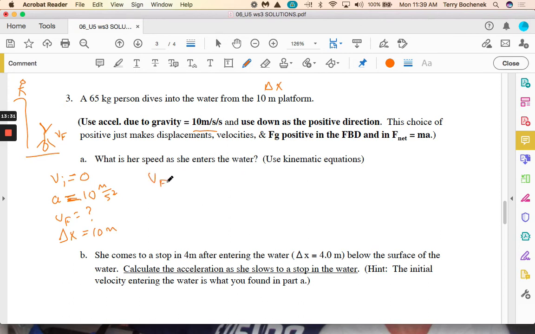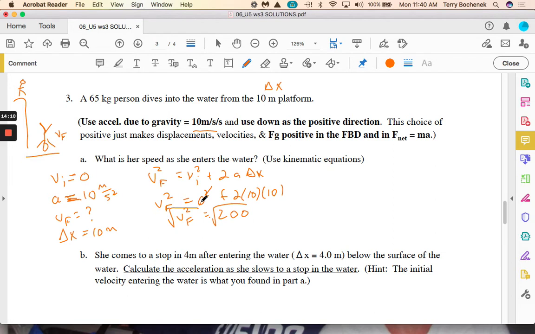And with that, it's just like the previous question. Really, the only way to go with it is V final squared equals V initial squared plus 2a times delta x. So V final squared, the initial was going to be 0 anyway, so 0 squared doesn't even need to be in there. Plus 2, gravity is 10, and our height is also 10. So V final squared is 100 times 2, 200. But remember, there's that squared there, so we've got to take the square root of both sides. So the square root of 200 is